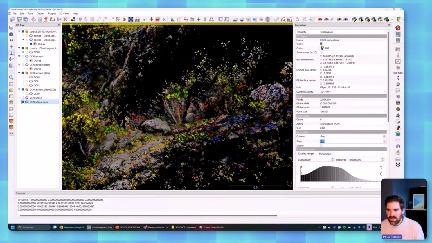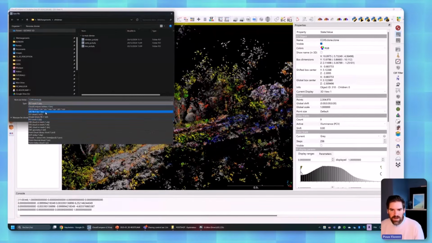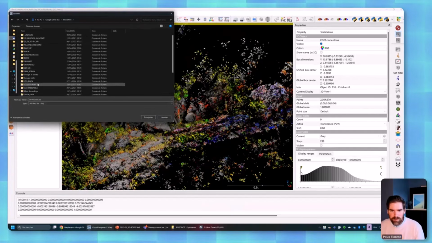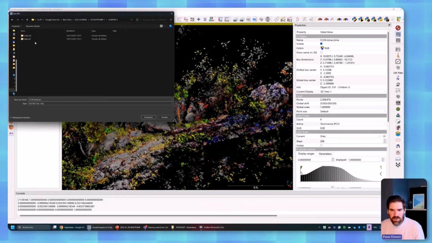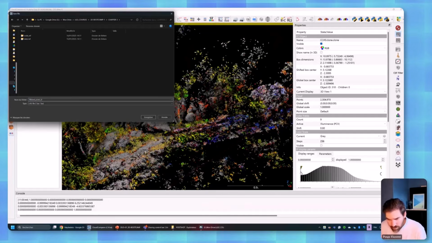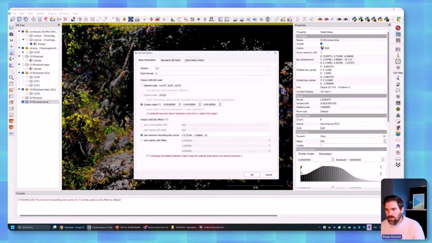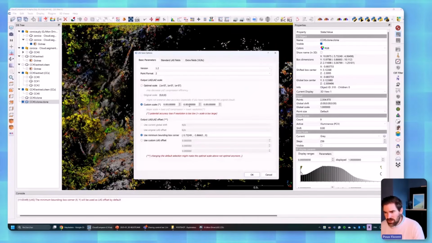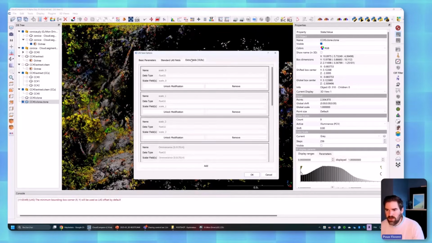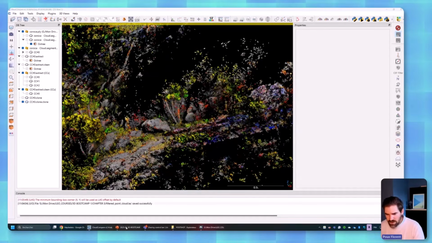So what I do is I take my point cloud like this, File, Save, and I will save that as a last file. And for that, let's go on to the bootcamp chapter 3, and you will have the dataset, then filtered point cloud. And I will keep the LAS for now. 1.2 custom scale. Okay, we leave it like this. Use minimum bounding box center. Okay, and do I want extra fields? For now, not. I will just keep the parameters as they are. Okay, so now back to our